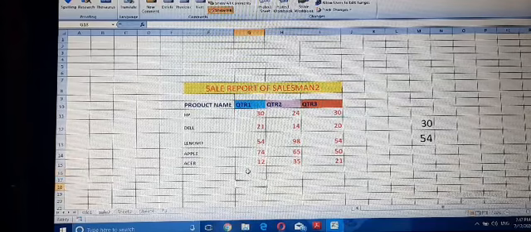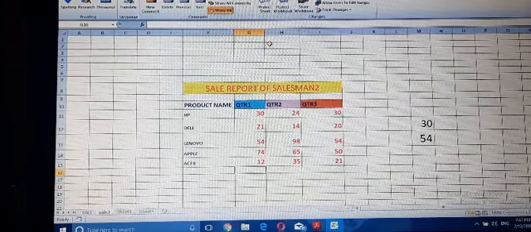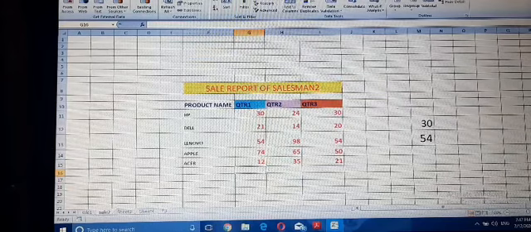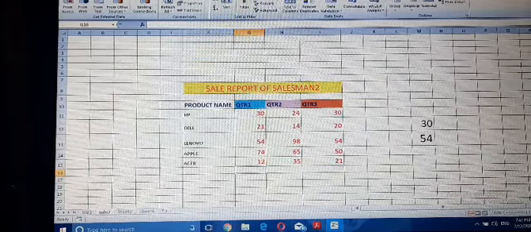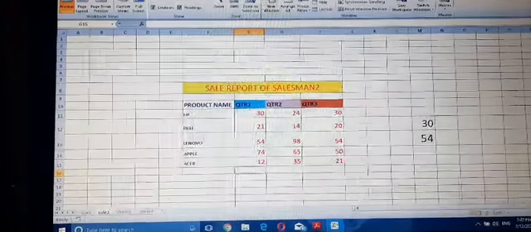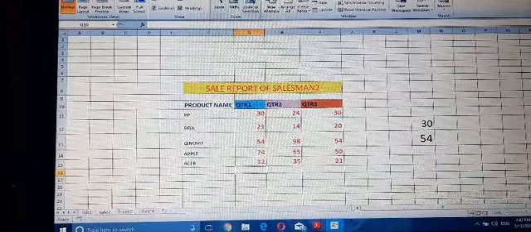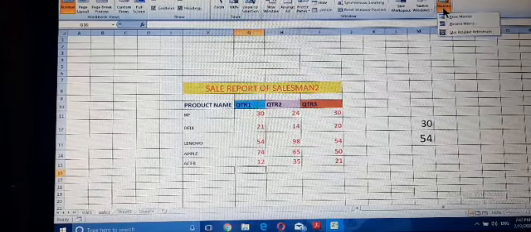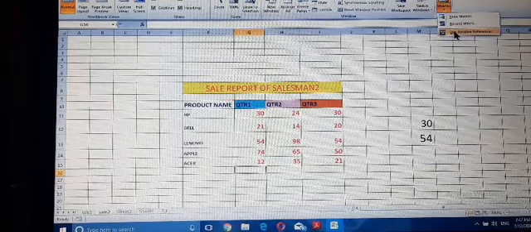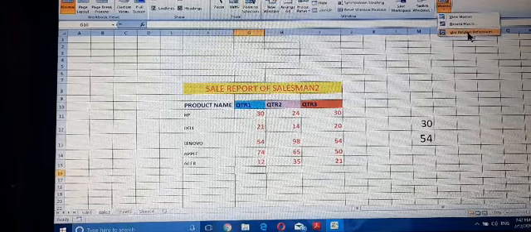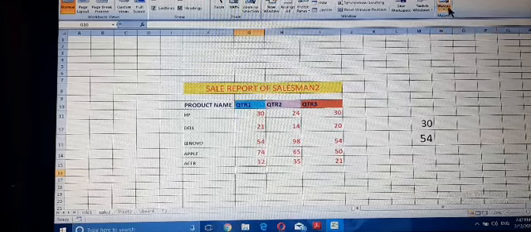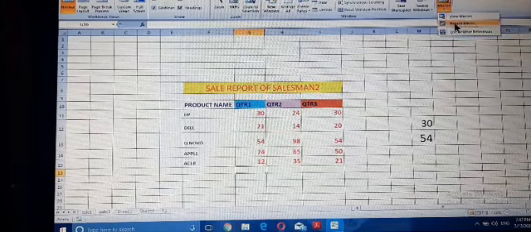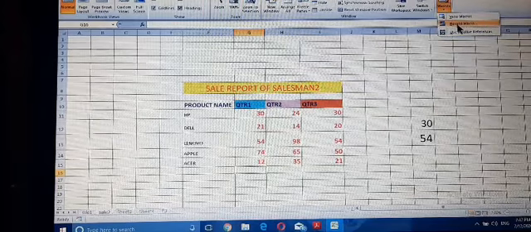The first step to record a macro is to position the cell where you want to record the macro, then select the View tab. Here is the Macro button. Click on the Macro button, then select Use Relative References, then again select Macro, and select the second option, Record Macro.